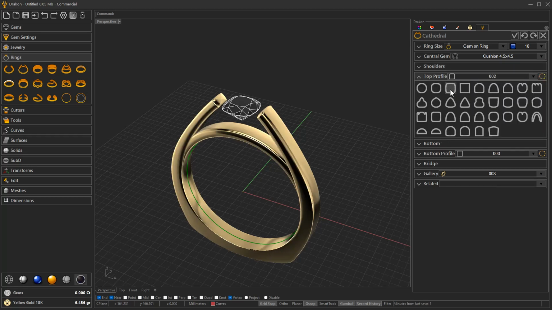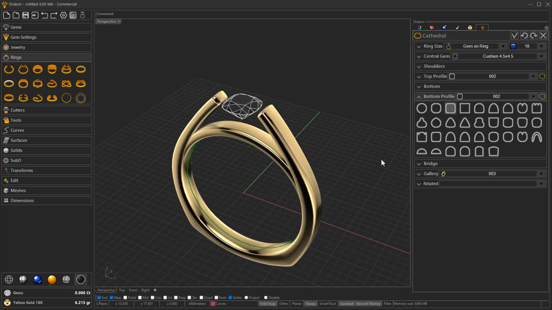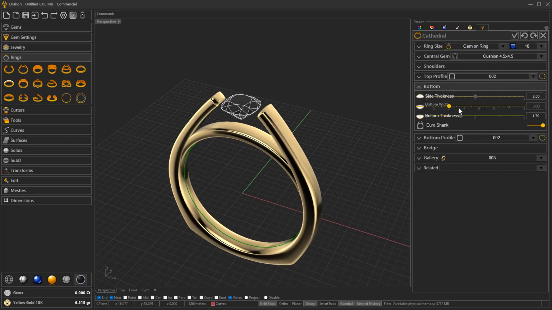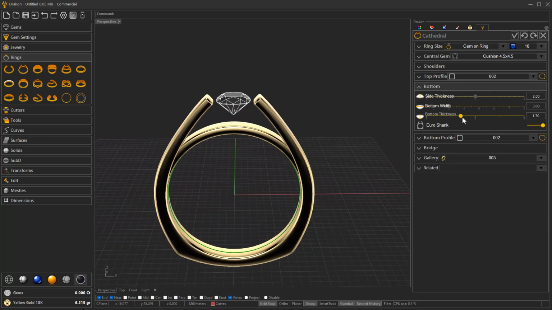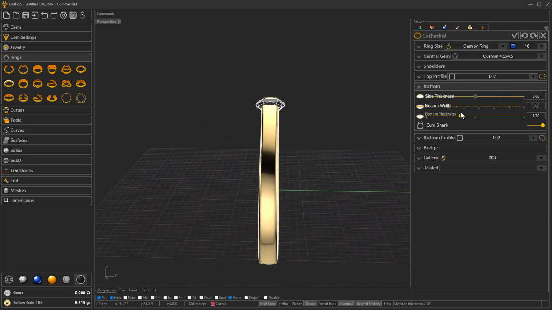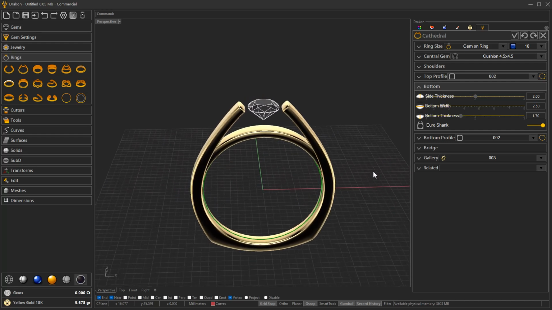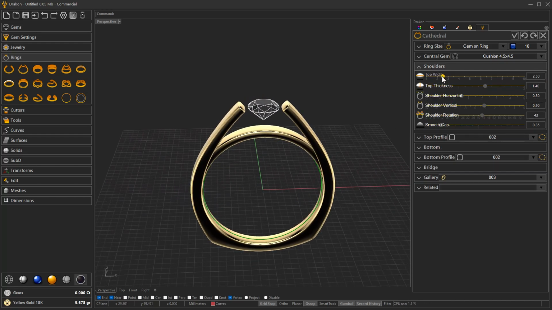I want this profile both on top and on bottom, and then I will readjust here the values. For instance, the width we can reduce to 2.5 here in the bottom, and in the